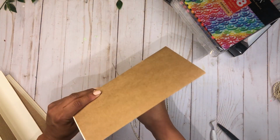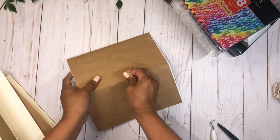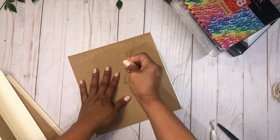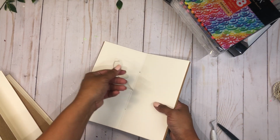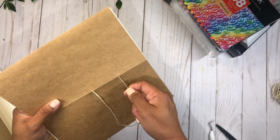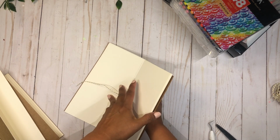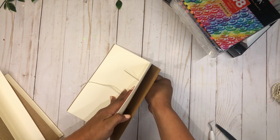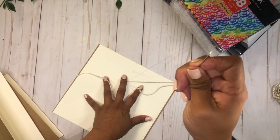I'm going to start on the center just like that, and then I'm going to pull this out, and I'm going to leave some space in here so this doesn't go all the way through. And then I'm going to go in from the top towards the inside. So I'm just going to make sure they are all lined up, and then we're just going to pull these